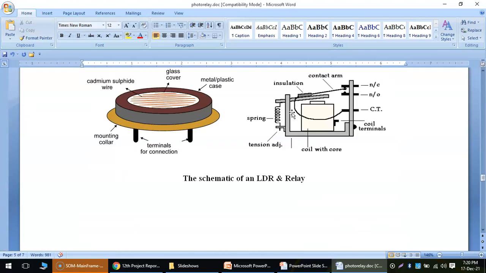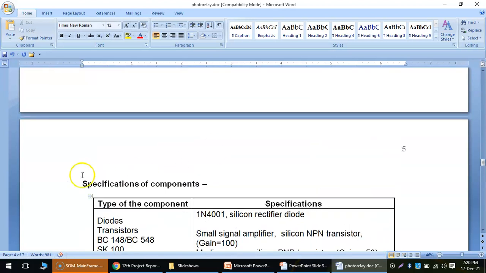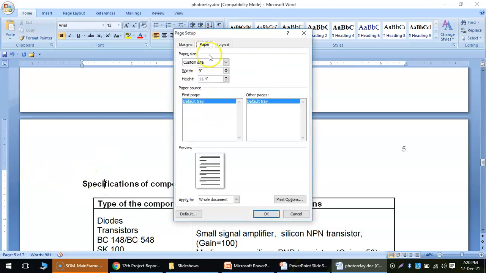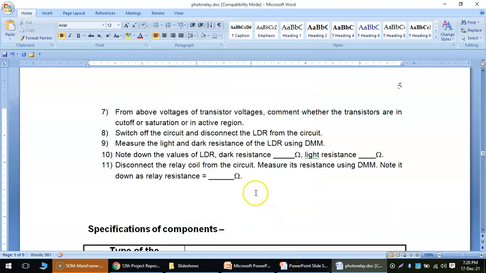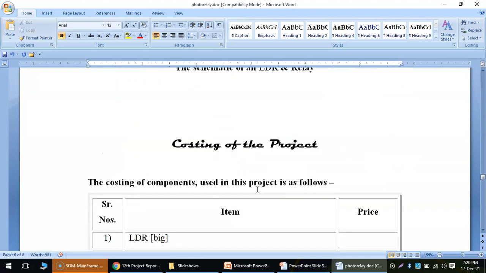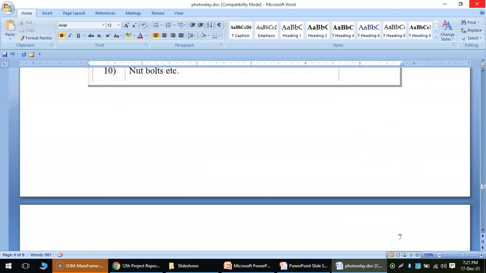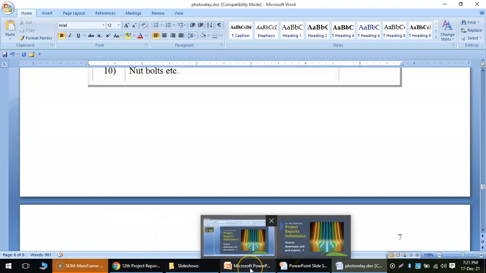Then you have to print this project on A4 size paper, because we have used the A4 size layout for this one. Custom size is A4 over here, and these projects are available in A4 size. You can then write down the costing of the project and simply submit the project in your college for further process.